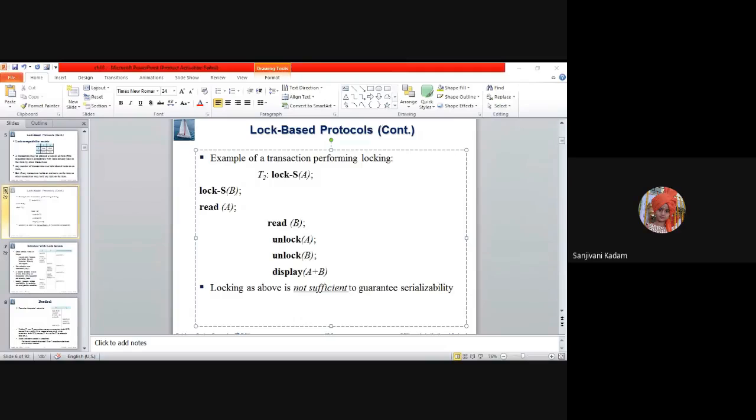So Soham's question is that if multiple transactions are waiting for an exclusive lock, one of the transactions' requests will be granted, and what if there is a shared lock request?